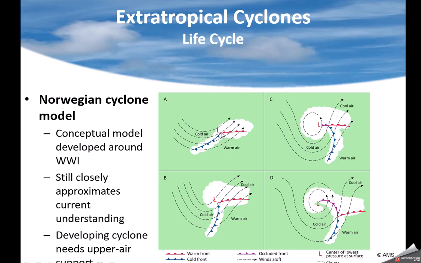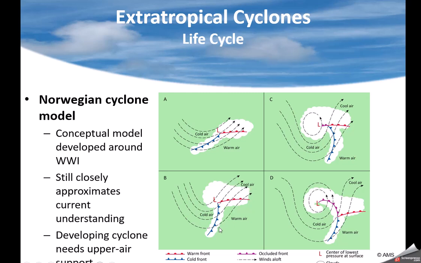And with that temperature contrast, now aloft, one of those jet streams has come in and created divergence. So what happened is the air started to lift, and low pressure developed. This is the initial phase. It has a warm front and a cold front, all because this began. The stronger it gets, cold air gets pushed south from this low, and warm air gets pushed north from this low. Remember, warm air is rising up over the cooler air up here.